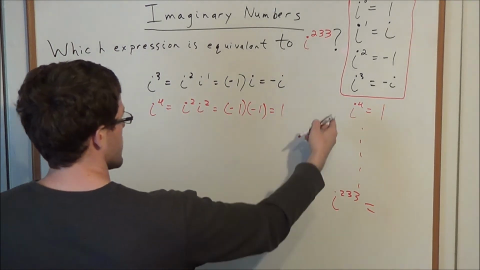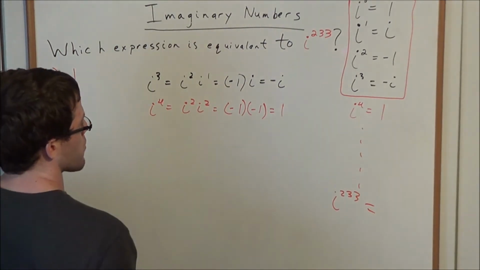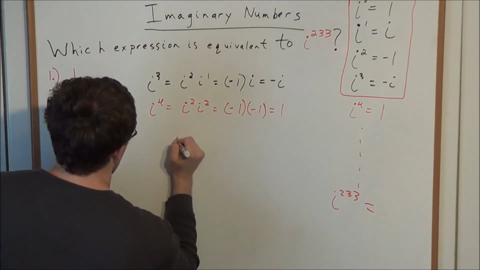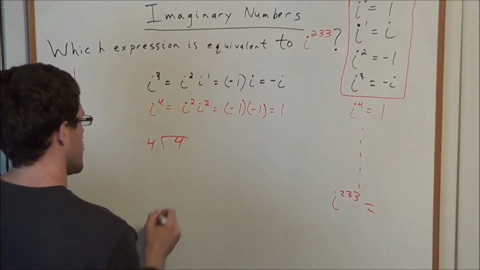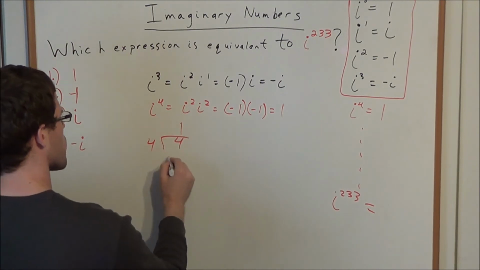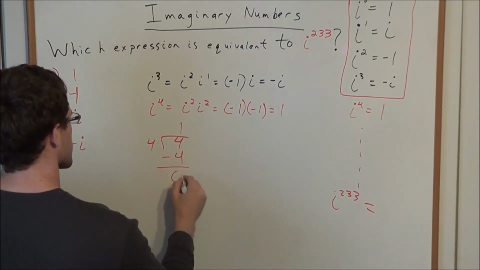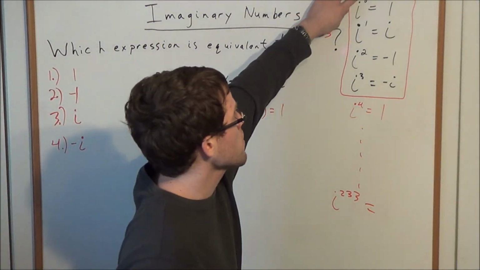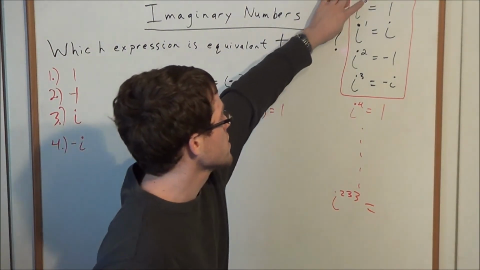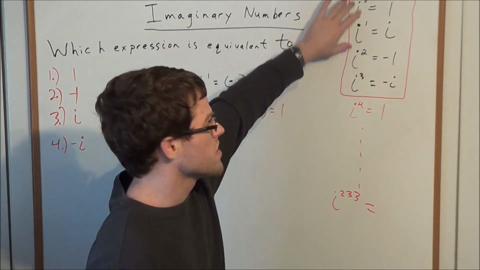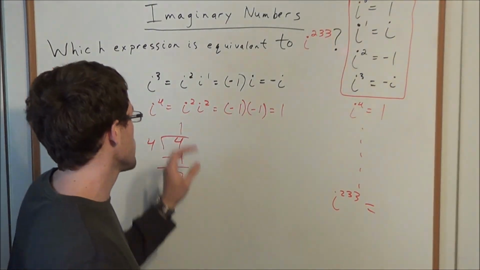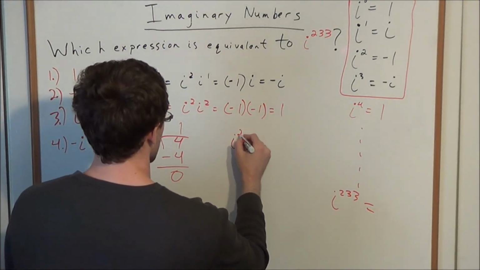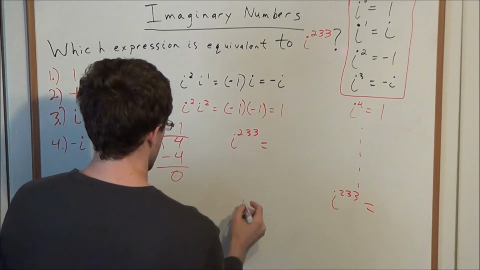So we take a look at something like i to the fourth. What does that have in common with i to the 0? Well, when we look at 4 divided by 4, 4 goes into 4 once, 1 times 4 is 4, so when we subtract this, we have a remainder of 0. So as it turns out, whatever the remainder is, it's going to match with these 4 values here. Or more explicitly for this problem, we could evaluate i to the 233rd simply by doing